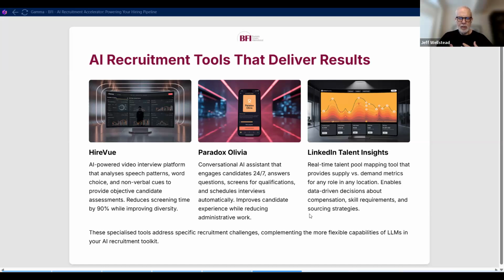And that talks about real-time talent pool mapping, which is very, very useful, and provides supply versus demand metrics for any role in any location. And it enables a much more data-driven approach to things like compensation and skills requirements, and importantly, sourcing strategies. So it can identify, for instance, if you're looking for a particular type of data engineer, the top 10 schools globally where those people typically graduate from. And then you can use that data to start to develop your recruitment strategy,